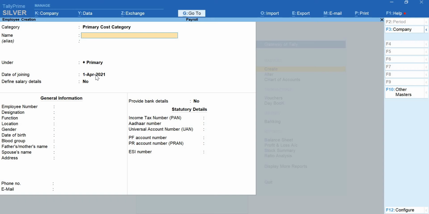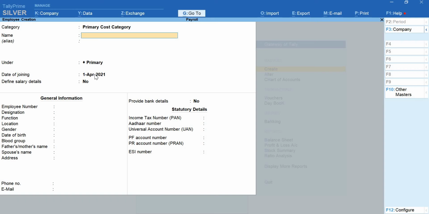I'll also have one more person as a manager in my institute or the organization. So I have to create his account also. So I'll go with that. Kiran, under the group manager, provide the details of him. Yeah, just accept this. So I'm done creating two different employees, that is Manoj and Kiran, who are the managers in my organization. And then they come under the category primary cost category. We'll finish this and then I'll move on to the admin category.